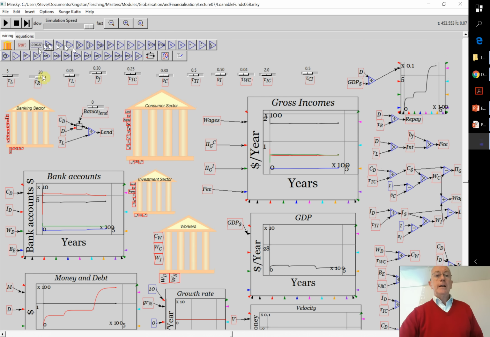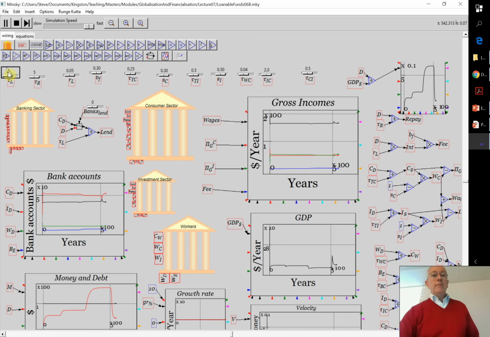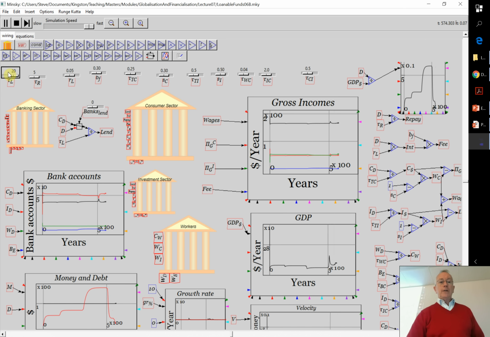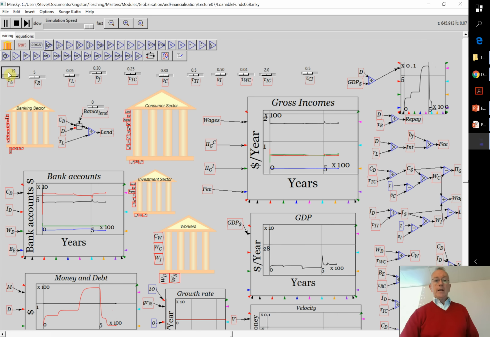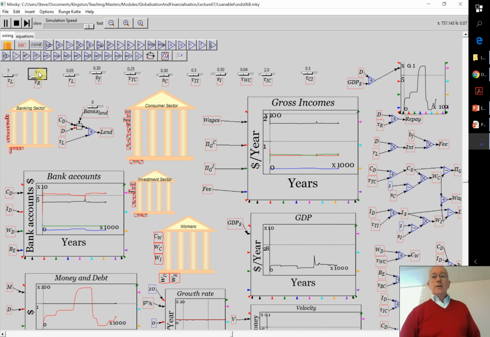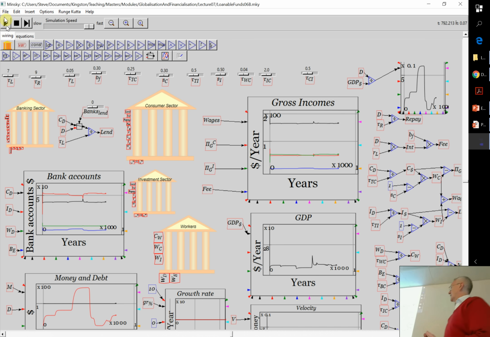Okay, having done that, now let's go right back again. Notice trivial change to GDP. Let's go back and continue simulating. And now I'm going to have much faster repayment, so debt plunges, and much lower lending, so debt plunges even further. And still, bugger all change to GDP. Let's go back to the initial situation again. So say 7 years to lend, 9 years to repay. So we've run through 750 simulation years there. Dramatic changes to the level of debt in the economy. Bugger all change to GDP.